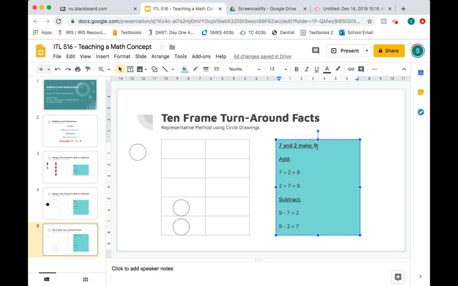So 7 and 2 make 9. We have 7, 2, and 9, and that problem can decompose 4 different ways. 7 plus 2, 2 plus 7, and then 9 minus 7, and 9 minus 2. And as you'll see in each problem, all of the digits that we have used were from this original problem here. So in conclusion, that is how to represent addition and subtraction using